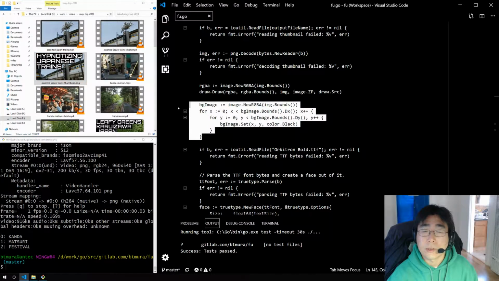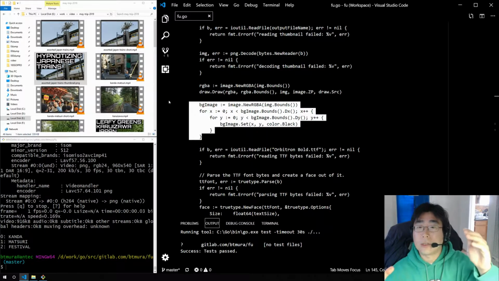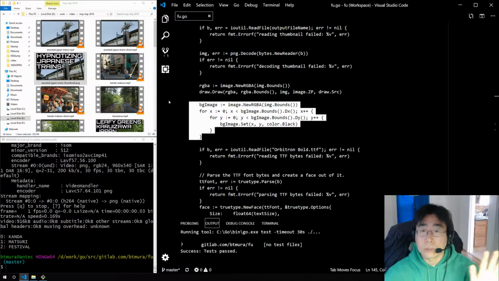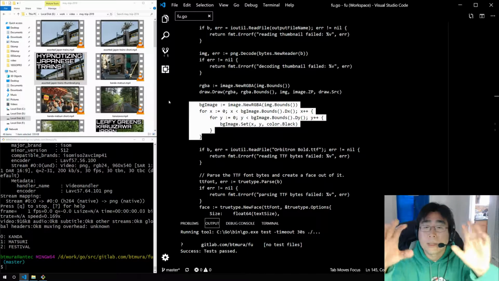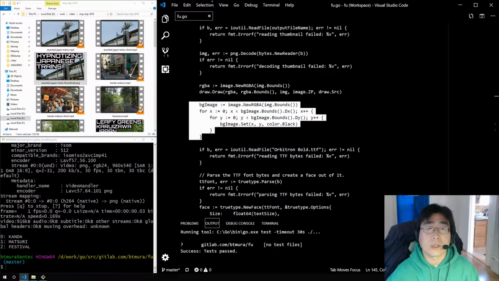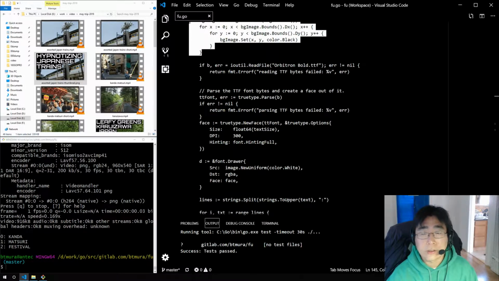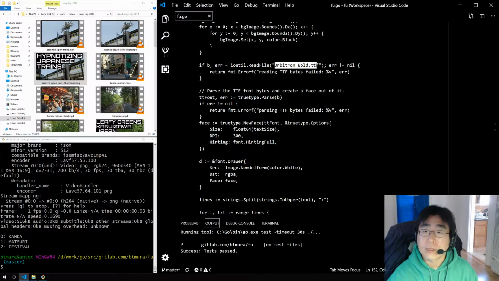So what we've done so far is we have one buffer with the PNG image. The second buffer is the same size, but just completely black. Soon we're going to combine those to draw the background of the text. Next, we've got to grind through more boilerplate to get going. And here we have the ioutil.ReadFile function to read in a file called